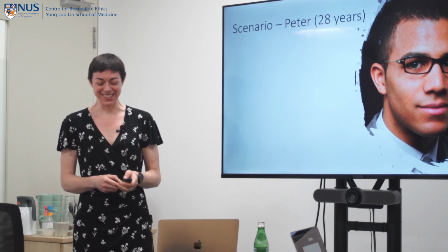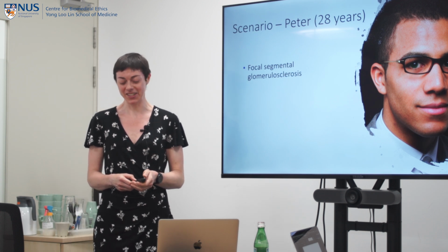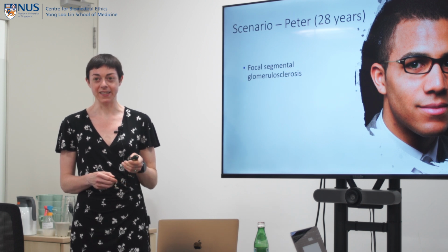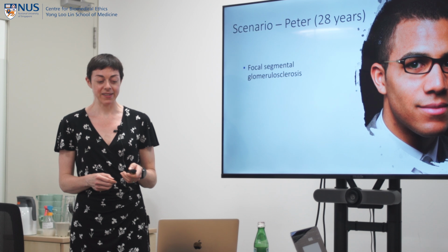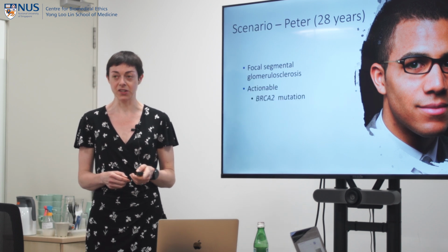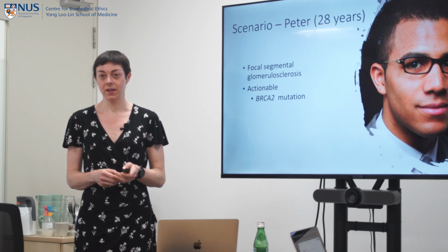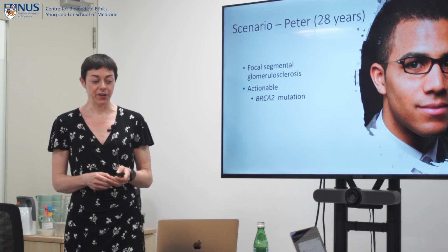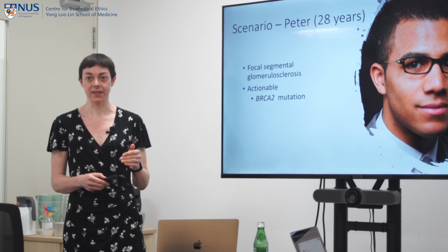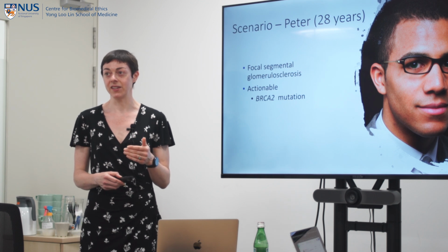He doesn't have an aging condition. He's got focal segmental glomerulosclerosis, which is a kidney condition. So naturally, we're going to be looking for a change in his DNA that would cause that. But accidentally, we might identify that he's got a BRCA2 mutation, which would make him predisposed to breast cancer or prostate cancer. And so that is an actionable finding in the sense that when we know that he's got that BRCA2 mutation, we can give him extra screening